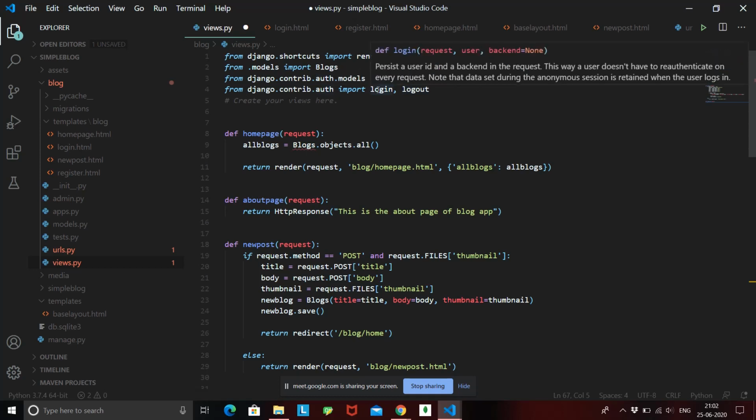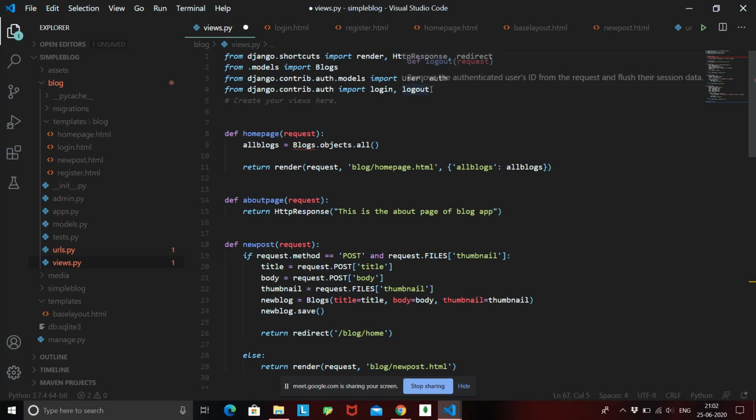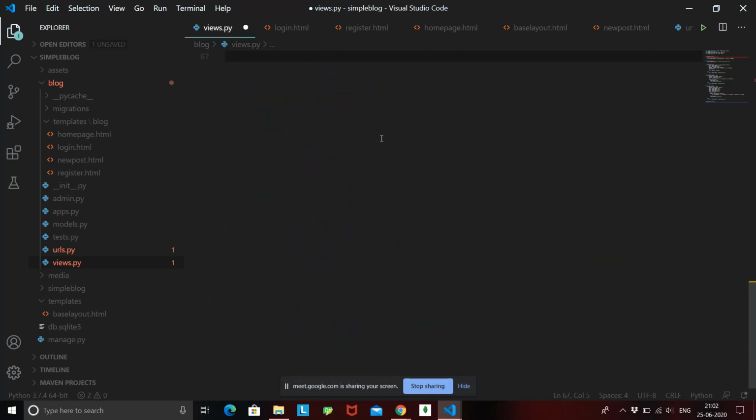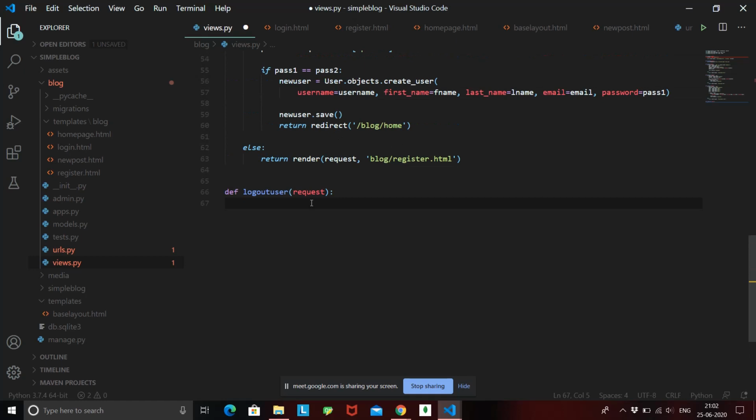As we imported the login function, similarly we have imported this logout function. Now we need to write that logout function over here. We just have to say logout request, and this statement, logout request, is going to log out your user.